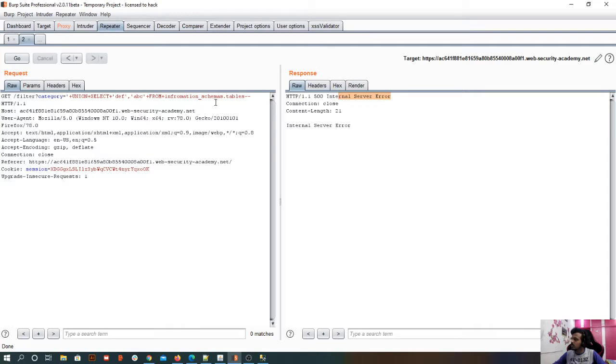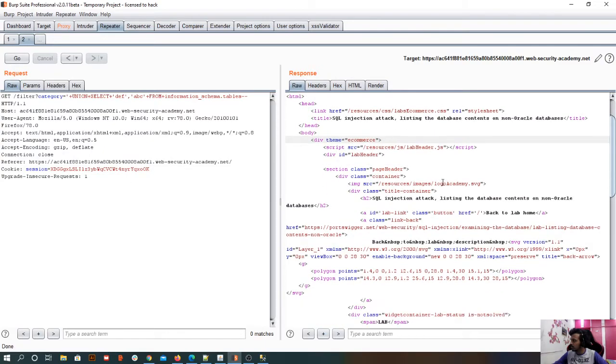Information schemas. Is this schemas and tables? Let me check this. Here you go. So it is not schemas, it is schema, and I also had a spelling mistake here. It is information. So this we should know. Even if the query got executed and we didn't get the required response, at least we should get 200, saying that the value we have given is a valid one. Okay, go. So I can see something we got.